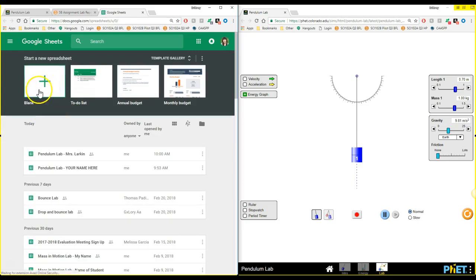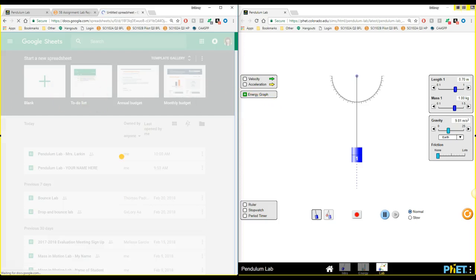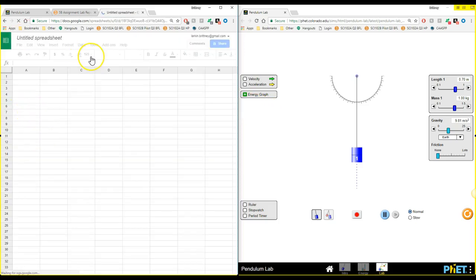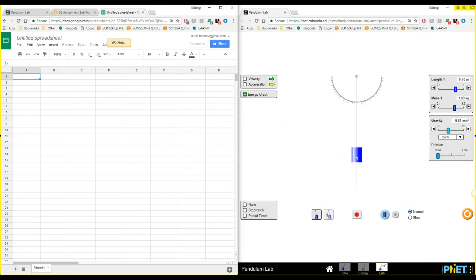Okay, so first things first, we need to start a new spreadsheet. We need a spreadsheet in order to type our data in. So I'm going to click the plus sign, and I have a new spreadsheet. Have I lost anyone yet? Give me a smiley face if you're good. Give me a confusion face if I've lost you already. Please be honest. Please pay attention. Don't do it on your own. Just watch. Awesome.